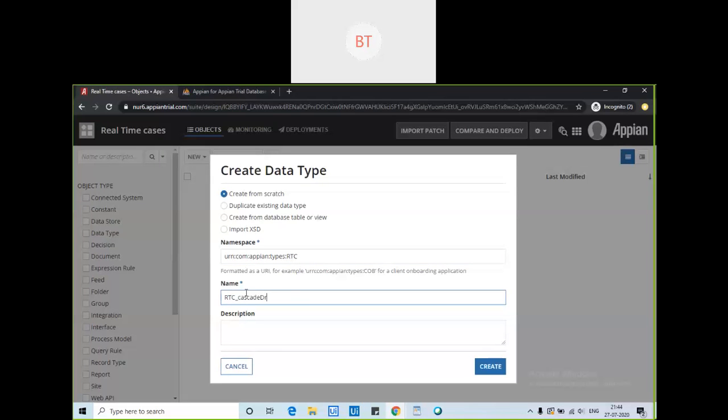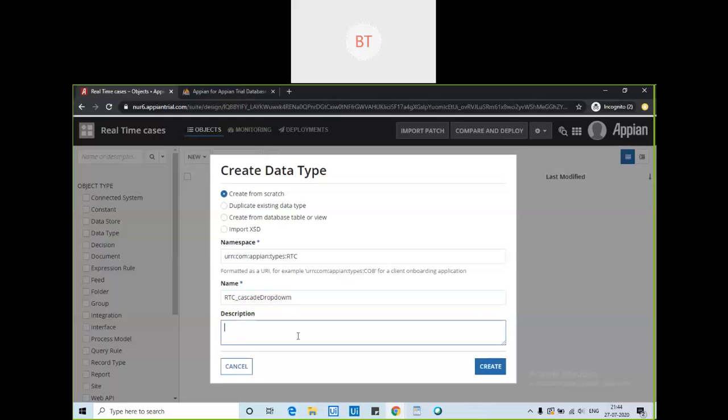The description will be: CDT will be used to capture the value of section and class. So now the CDT will be created.